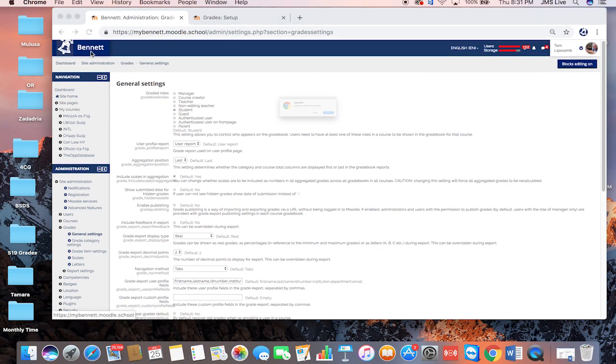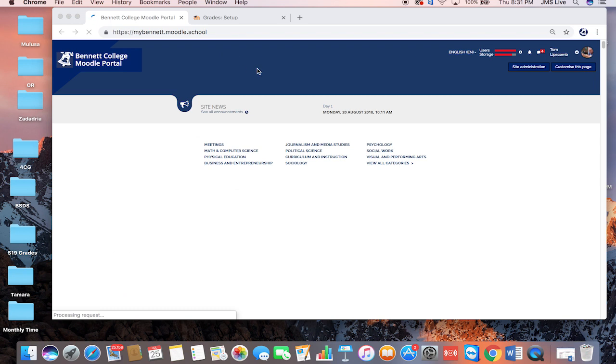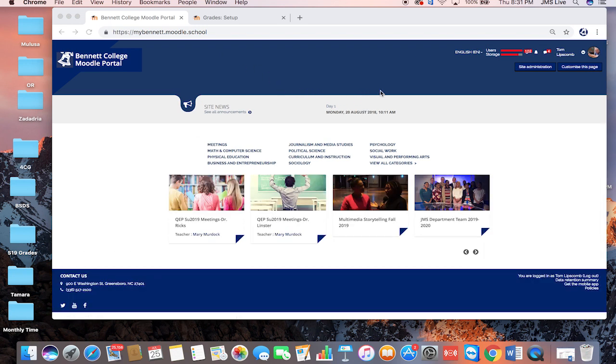If I just go out, and I'm an administrator now to this site, so you might run into this problem and need to talk to somebody in IT or one of your administrators to figure out how to solve it if you're having a problem of trying to set up point values that are more than 100. So let's look. If I go into site administration,